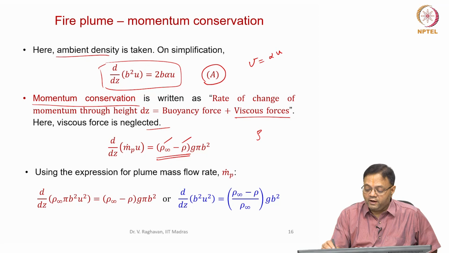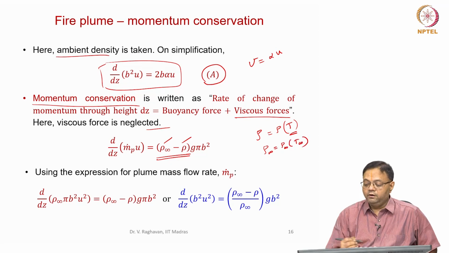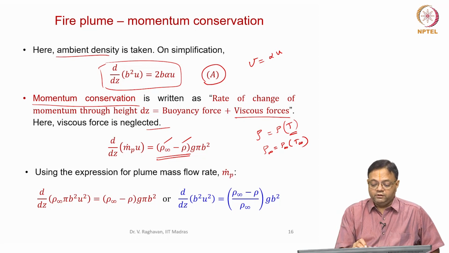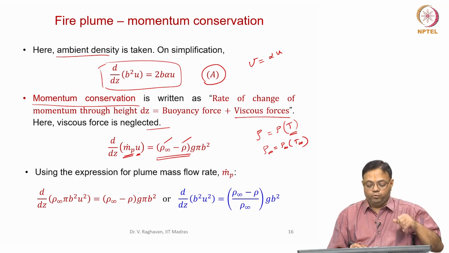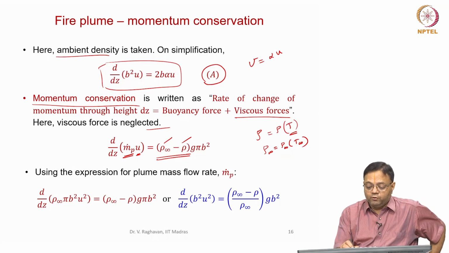So rho is a function of the average temperature of the plume, and rho infinity is a function of the temperature at the ambient. Now the rate of change of momentum through the height dz is d by dz of mass flow rate into velocity, m dot p into u,